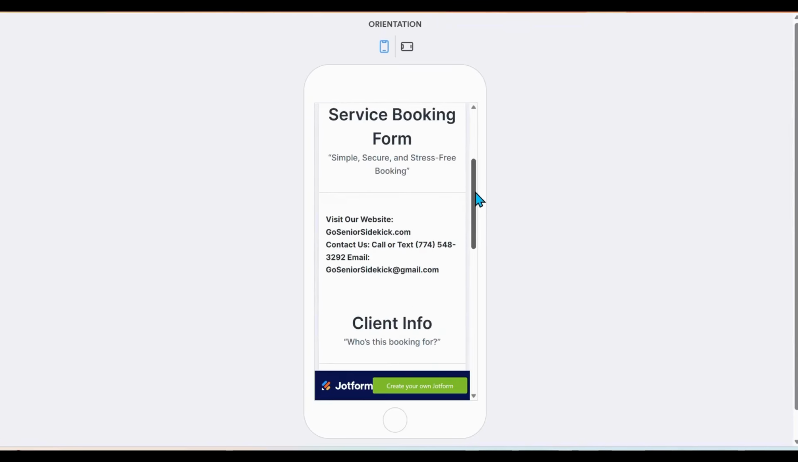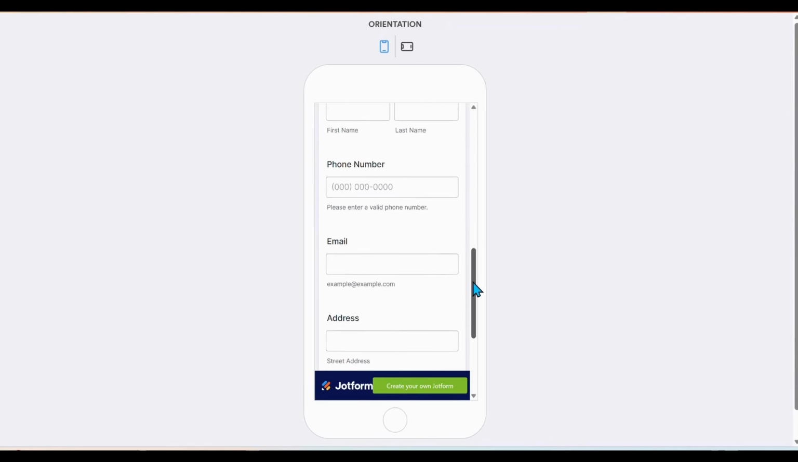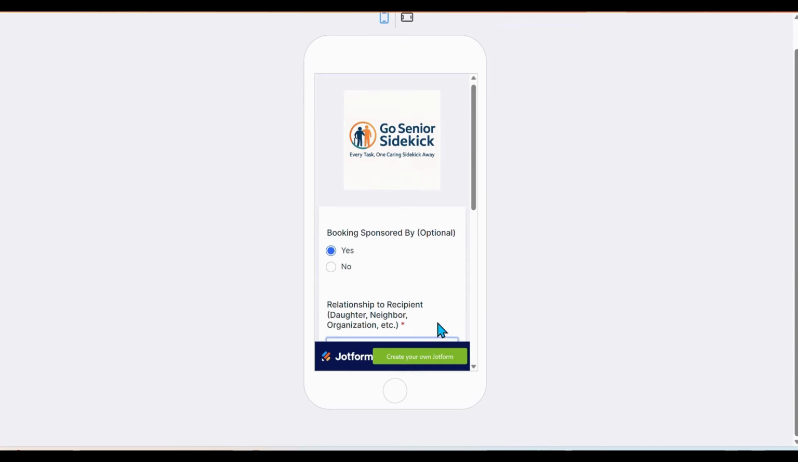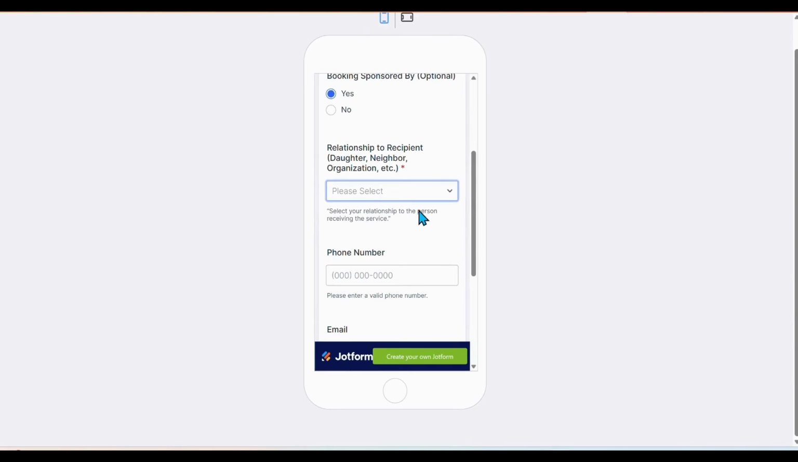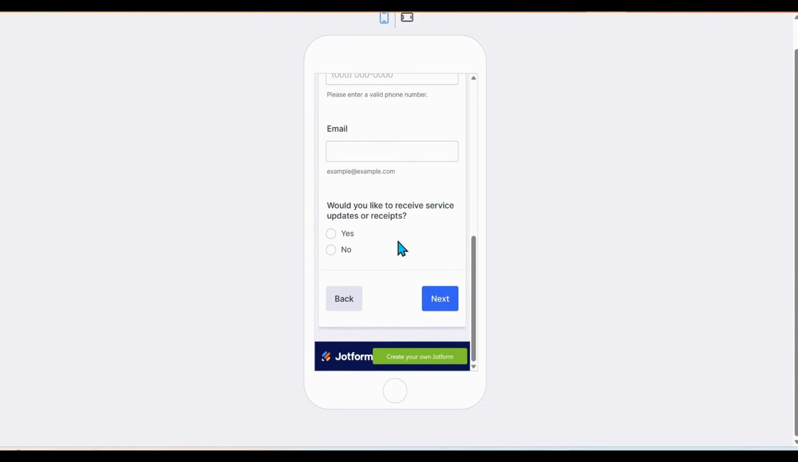Imagine your clients being able to book, schedule, and pay for your services, all from one simple link. No phone tag, no back and forth text messaging, no confusion, just clean, professional booking that makes you look like